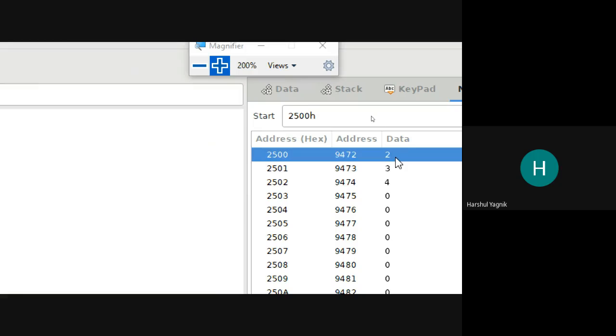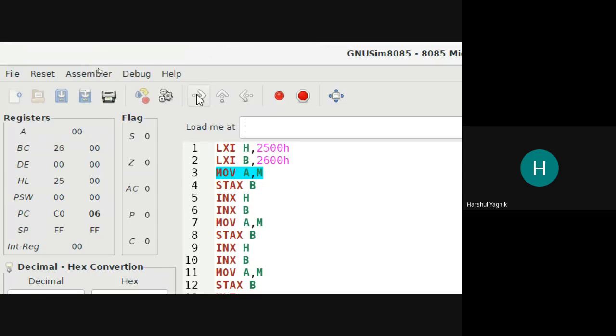What is the operand right now? 02. Now let us run this instruction and observe the output. What should be the output? Accumulator should have 02. So I'm running this. Now you can observe that accumulator is also having 02. And this 02 we want to transfer to 2600. For that, what do we have to do?